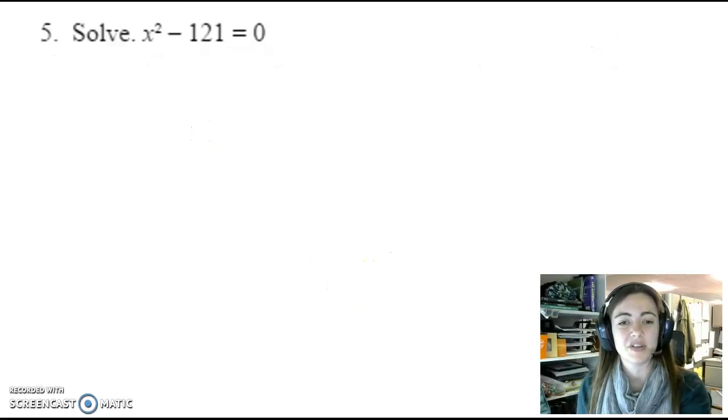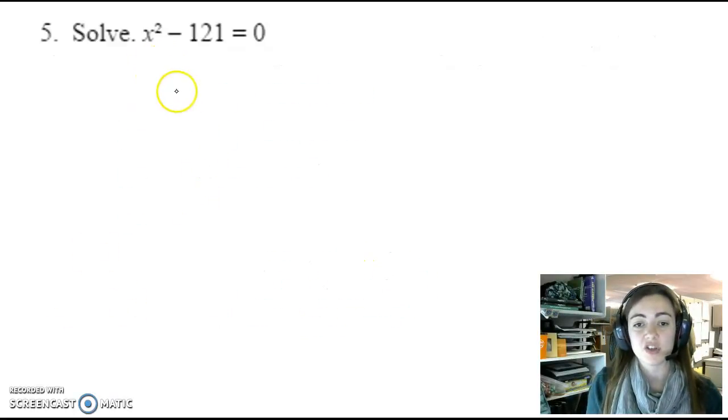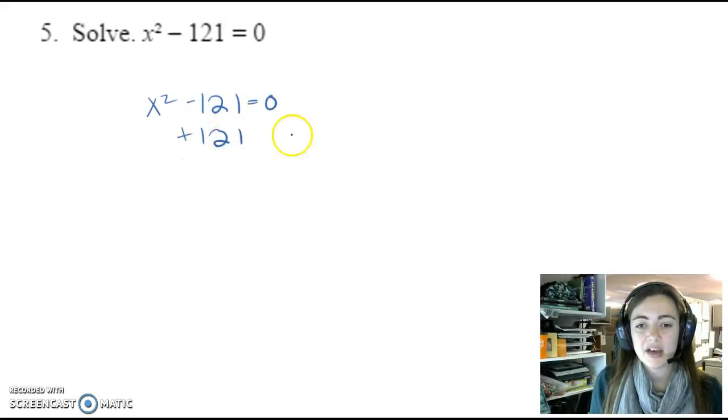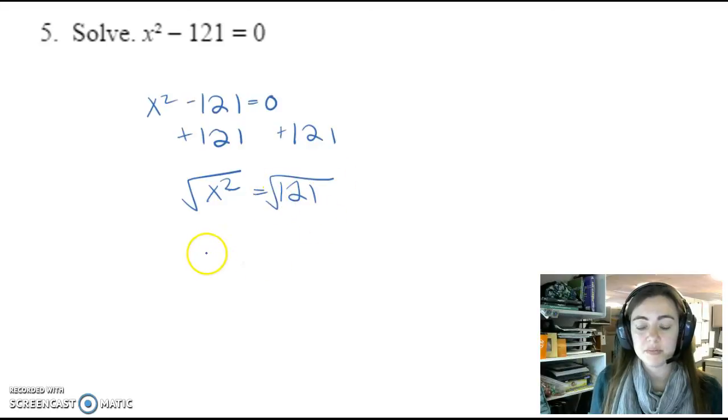All right, let's do number 5. This just says solve. Now there's never just one way to solve it. But what I see right here with no middle term, none of that b term, is I can add 121 to both sides, and then I get x squared is equal to 121, square root both sides, and